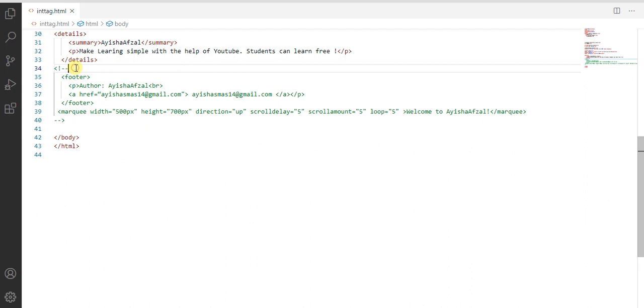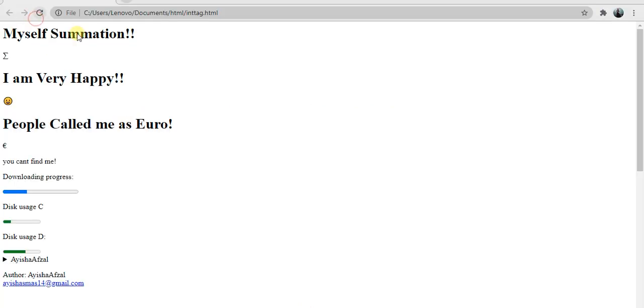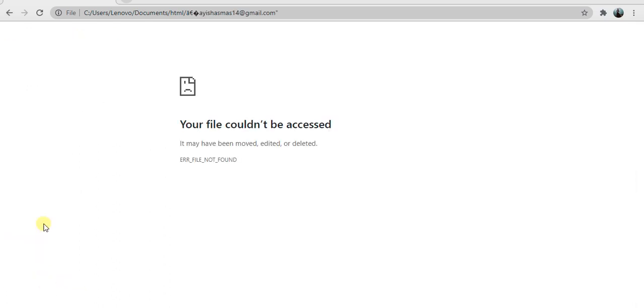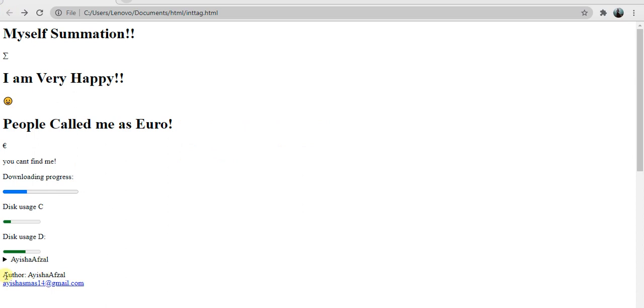Okay, let's see how these two worked. Everything uncommented. Now you can see this is the paragraph tag. Then I gave a break line, so it comes to a new line. This is the anchor tag, so whenever I click this, it goes to some link. That link is not a true link, that's why it says you didn't find your file. Okay, that's it. Footer, for footer representation we gave this example, it is just different from other content in our web page. This is a footer.